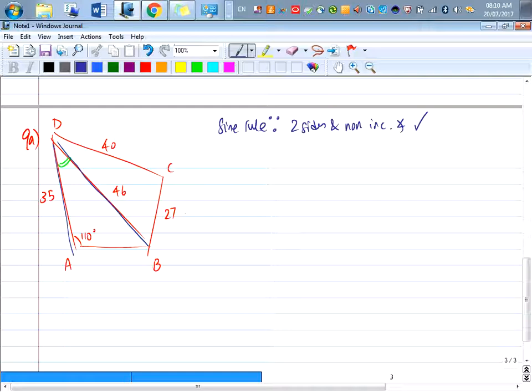Like what some of your classmates have realized, it is usually easier to put the unknown at the top. You have a choice: either you put the lengths at the top, or you put a sine of the angle at the top. Right now we are trying to find an angle, so it is slightly easier for us to put the sine of the angle at the top. And usually we like to put the unknown on the left hand side of the equation. So that is what I'm going to be doing. The sine ADB over sine ADB